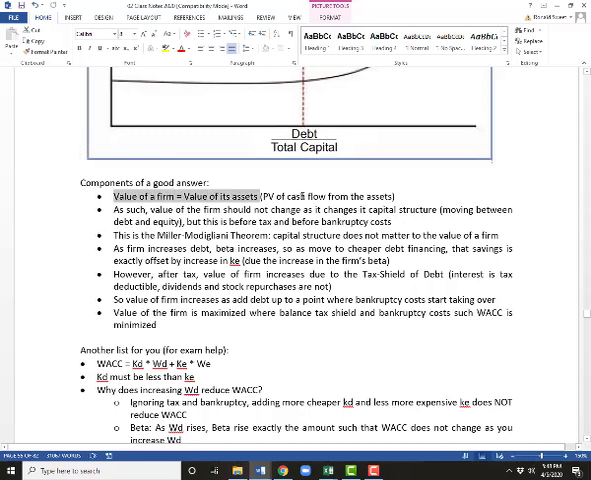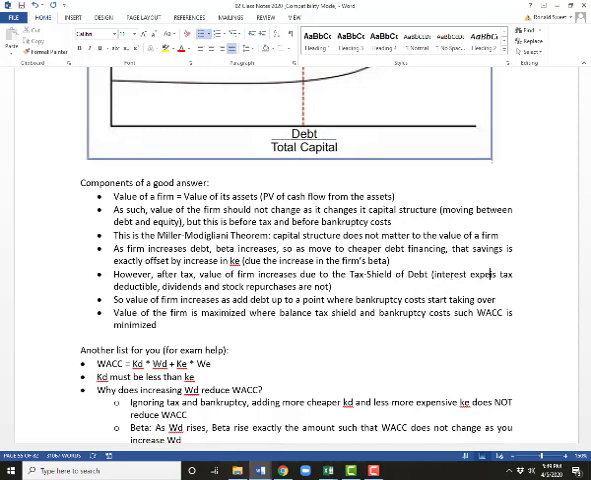So first of all, the value of the firm is the value of its assets, the present value of the cash flow of the assets. So the value of the firm should not change as you move between debt and equity, assuming there's no taxes and no bankruptcy costs. That's the Miller-Modigliani theory. Capital structure does not matter to the value of the firm, but before tax, before bankruptcy. As the firm increases its debt, beta increases, so even though it's using cheaper debt, the savings is offset by the higher cost of equity. After tax, the value of the firm increases due entirely to the tax shield, interest expense,